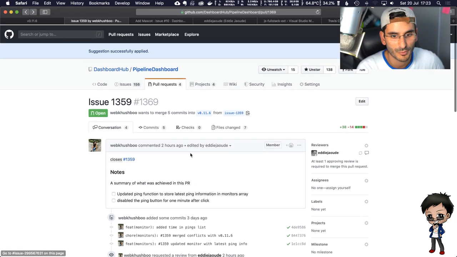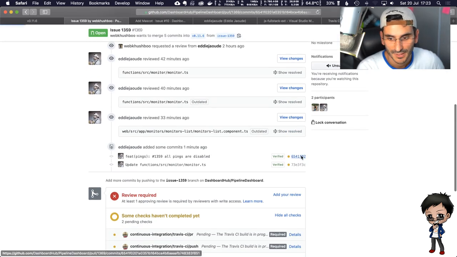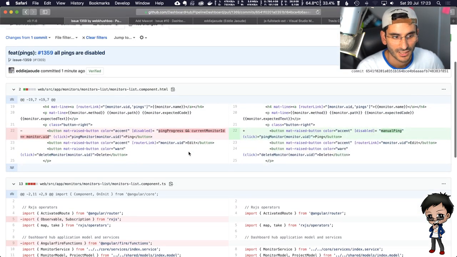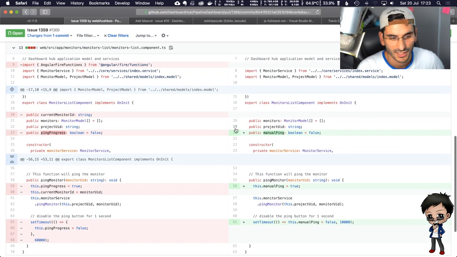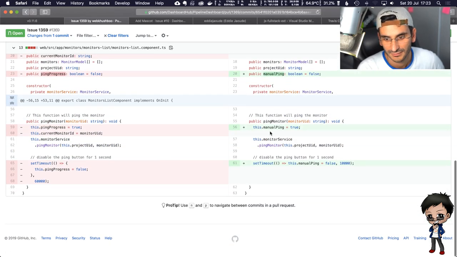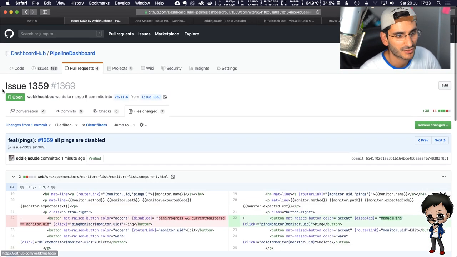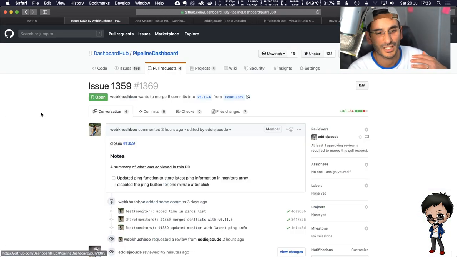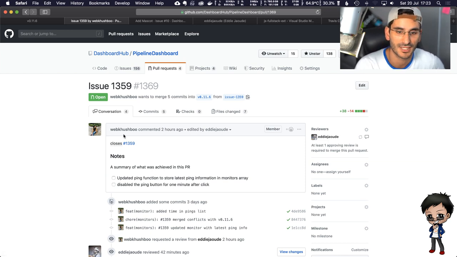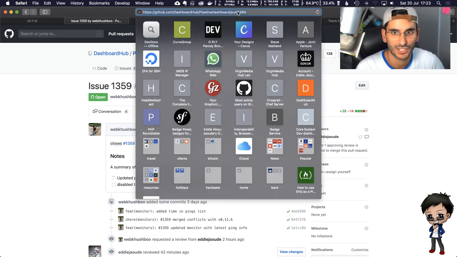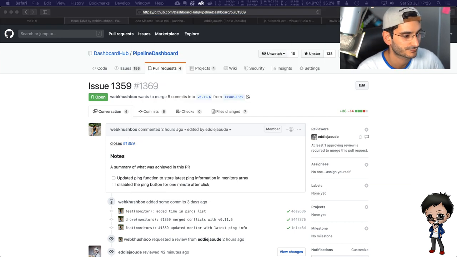Well, I'll let you review it properly, but the changes I made are lock it for all of them, so they all get disabled. I don't check about the ID, and I just renamed that, and I put that on one line. Yeah, I think that's simple enough. I think to do anything more would just overcomplicate it, and for now it's not needed. So I think that's good. So I'm happy with that. If you're happy with that, just give me a thumbs up in the pull request. If anyone else would like to take a look, I can share it in the chat as well.